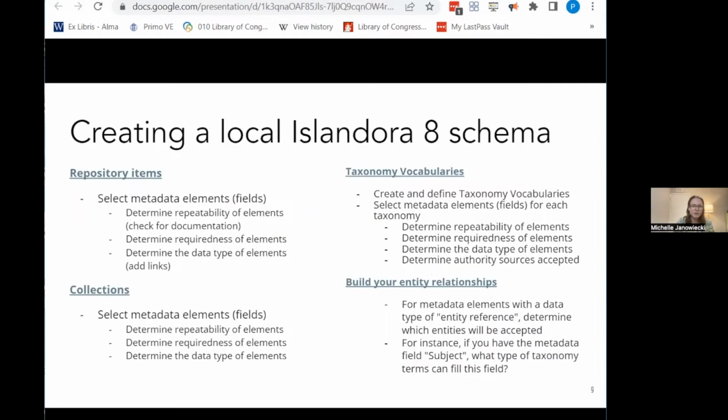So when you are creating your own local Islandora 8 schema, you're going to want to go through each type of entity and ask yourself certain questions about how you want to implement metadata schema locally and what changes you might want to make to the default, assuming you keep repository item and collection as content entity types. You want to select all of your metadata elements or fields, and then you want to,